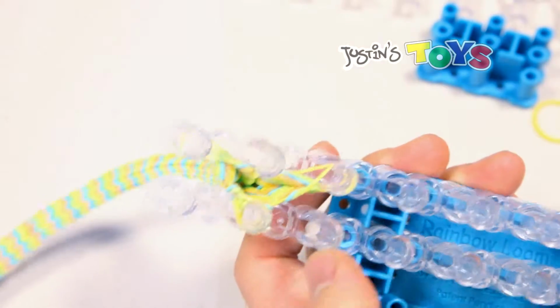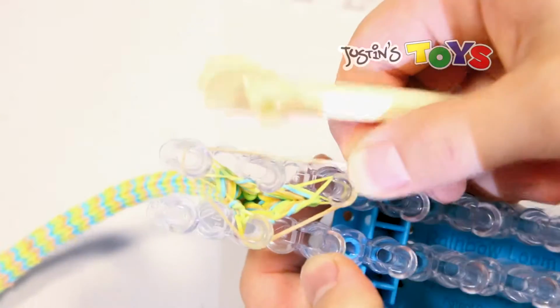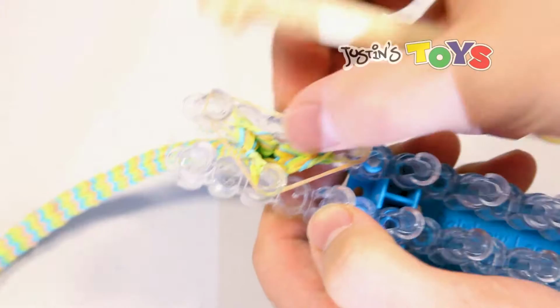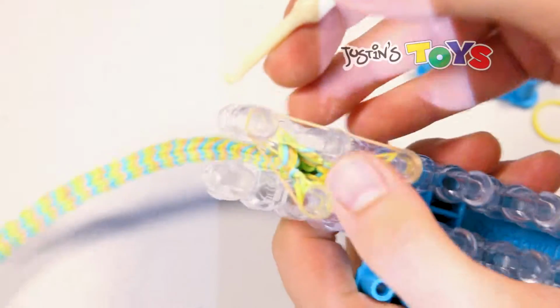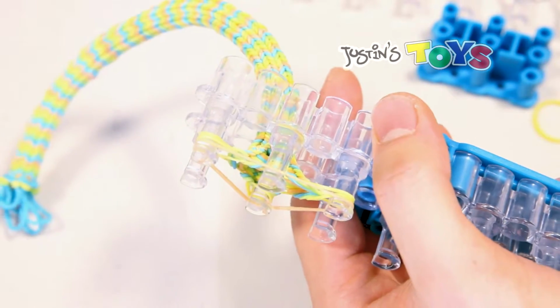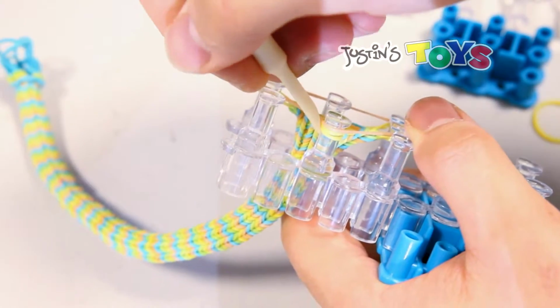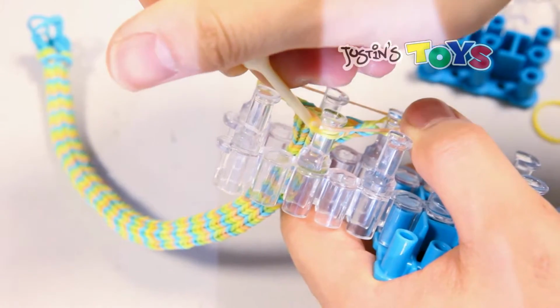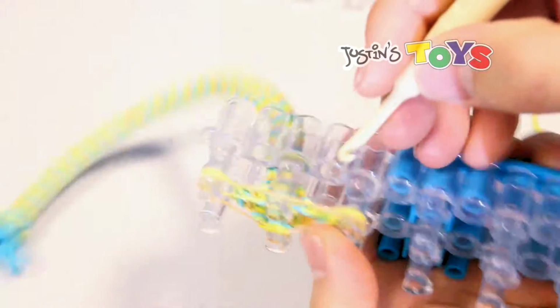Alright, then you grab your next rubber band, put it around the 3 triangles, like so. It doesn't matter if you're over or under this peg. It's still going to create the same difference. And you grab the 2 bottom rubber bands from under, and then you bring it over. Okay, so there's those 2,